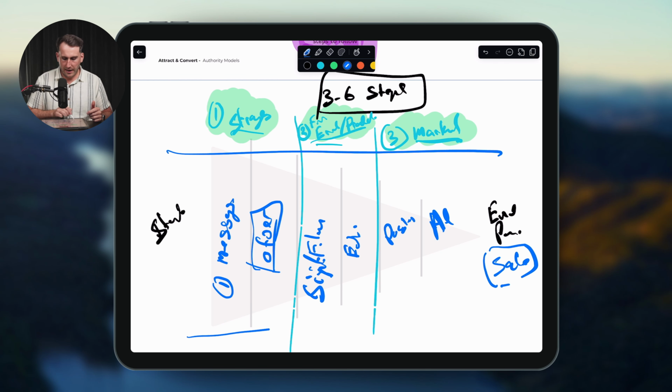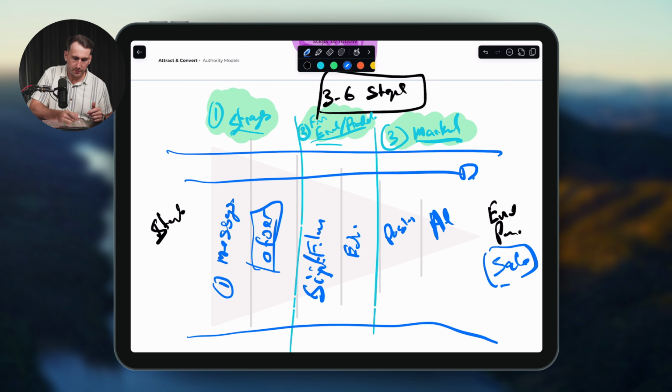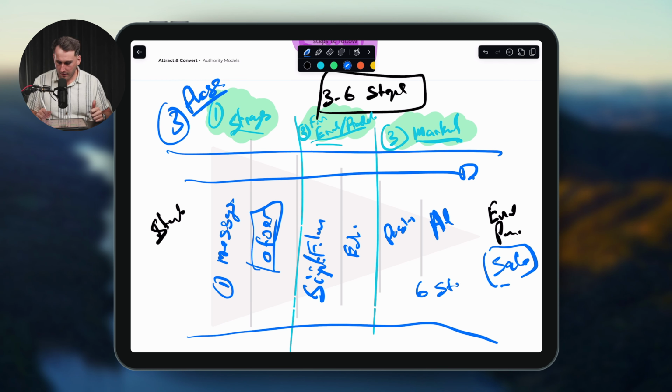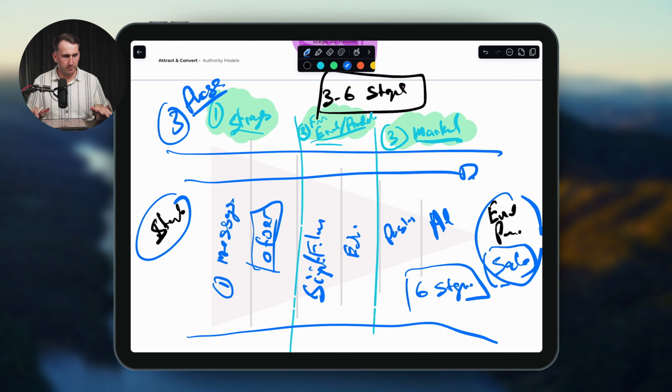Then here would be how you explain the 6 steps that fall under the 3 phases. So 3 steps, or 3 phases. Again, it can be steps, phases. Don't get caught up on it. Just pick one. And then it's like, here's our 6-step process to take you through from point A to point B. Now, using this as a sales example, this is just a short training for you to go through to